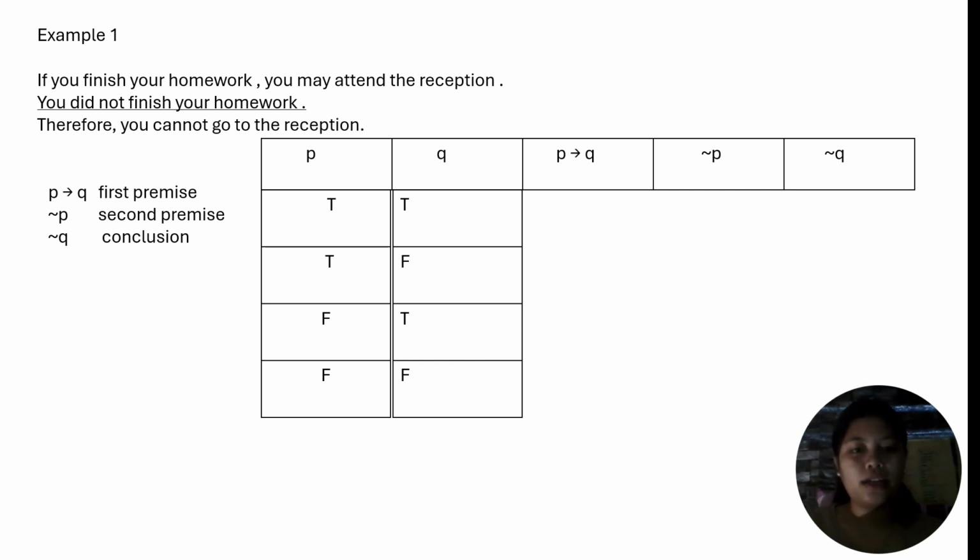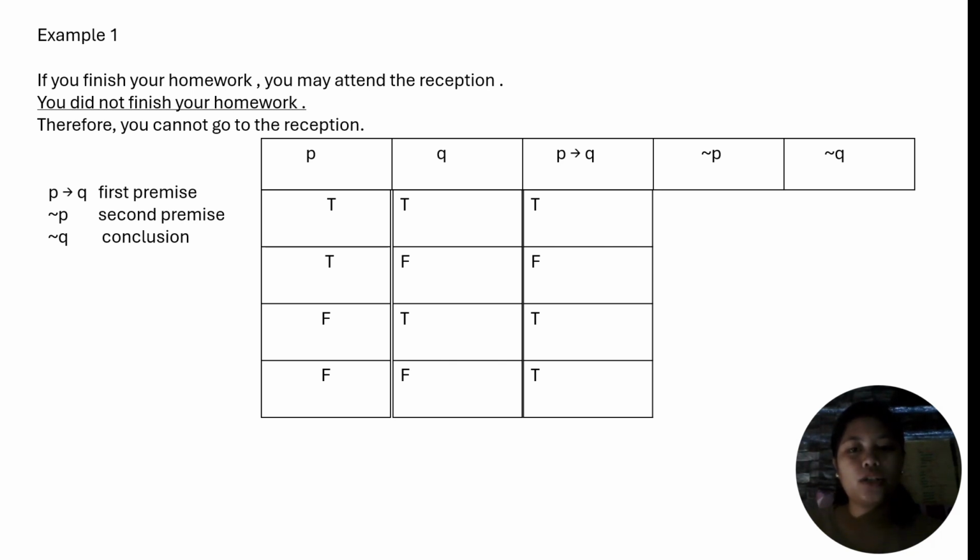So let's find the truth value of P implies Q. Let's compare P and Q using the conditional symbol. When we say conditional, it is true if both are true, or false and the conclusion is true. Now if the hypothesis is true and the conclusion is false, it becomes false. So the truth value of P implies Q is TFTT.